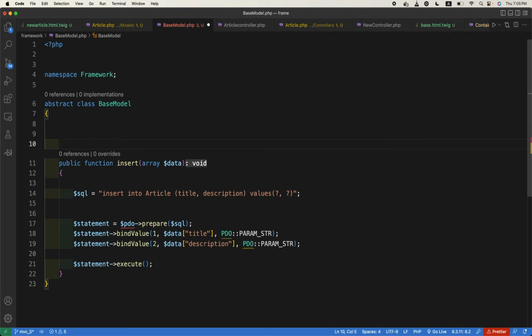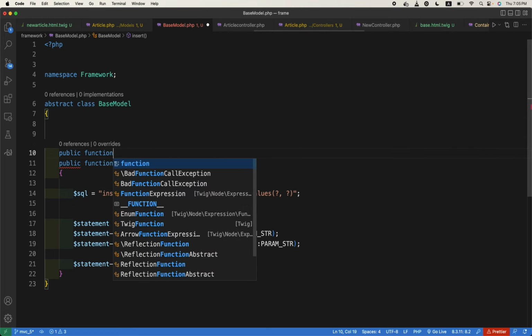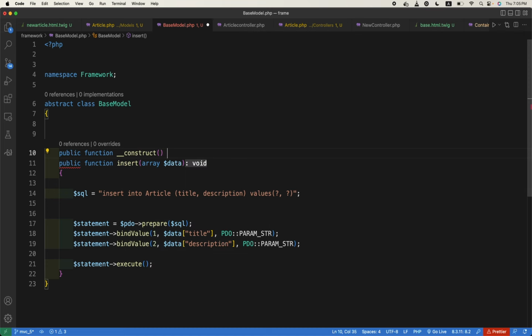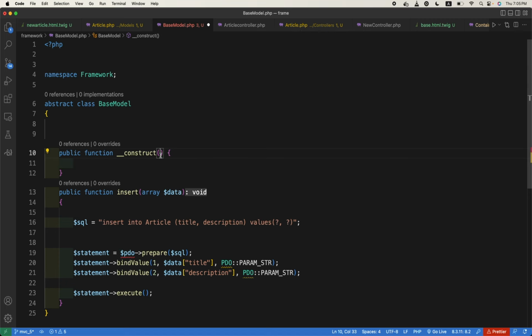Yes. Okay, so public function __construct, and it should have a database class like this,